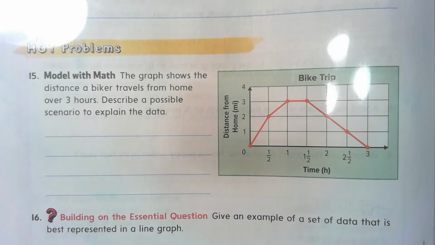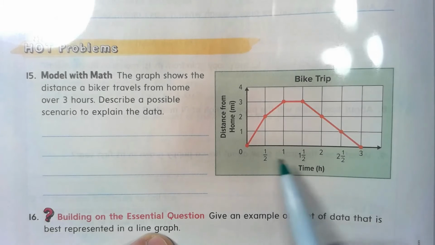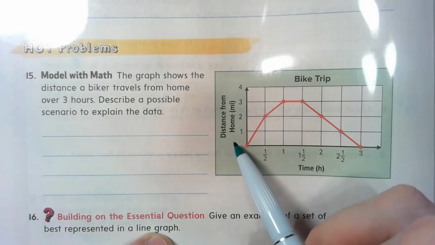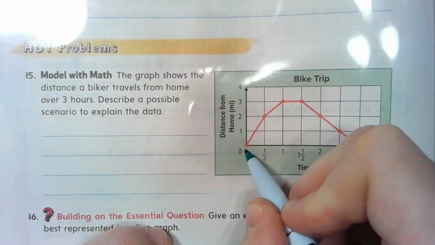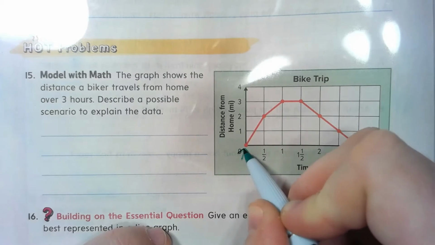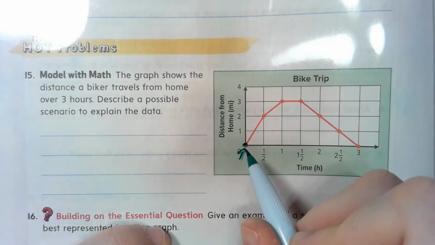And the other problem I want to look at in this video is question number 15, which says the graph shows the distance a biker travels from home over 3 hours. Describe a possible scenario to explain the data. So this graph shows a bike trip. We've got the time in hours across the x-axis, and the distance from home in miles on the y-axis. So this point right here is 0 hours, and this biker is